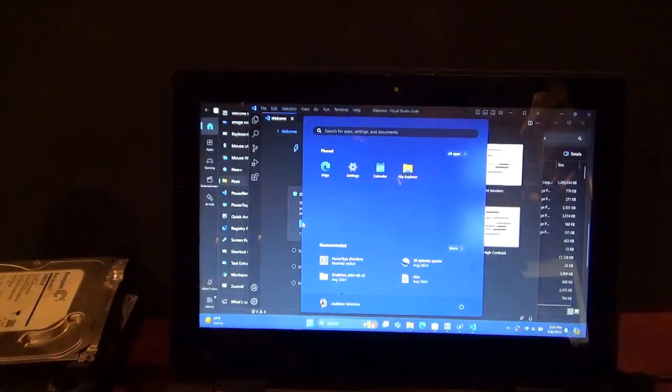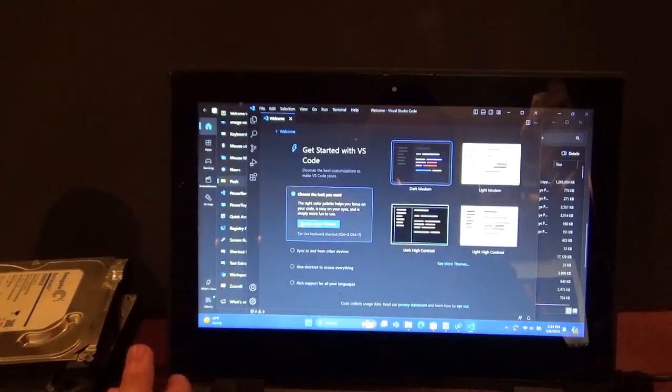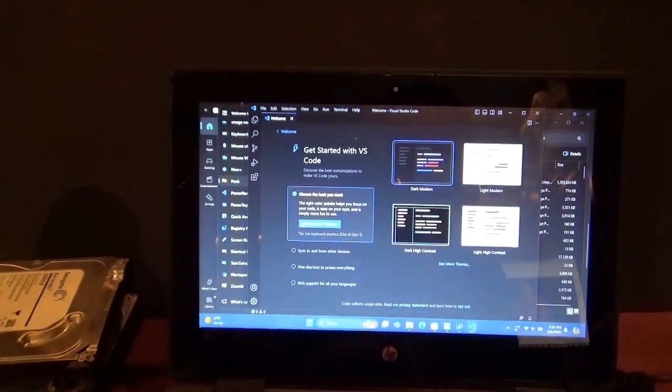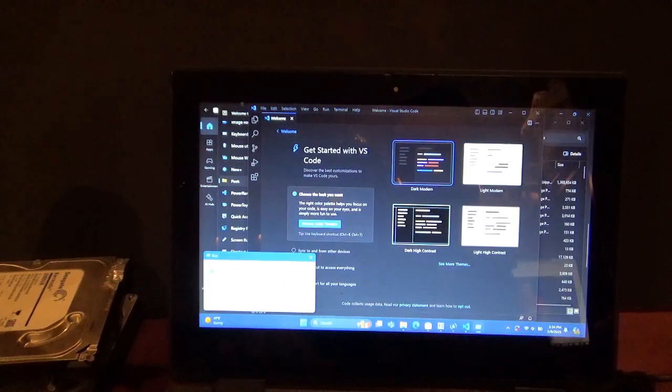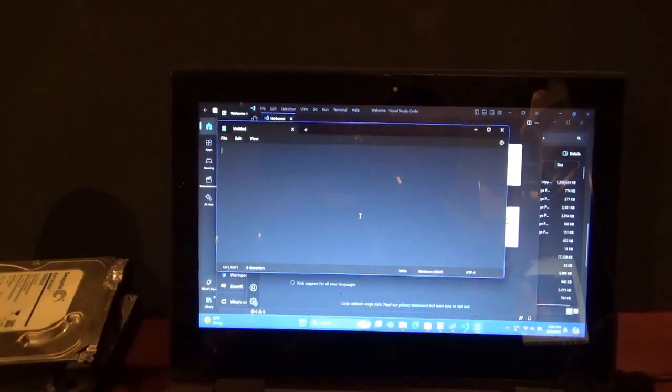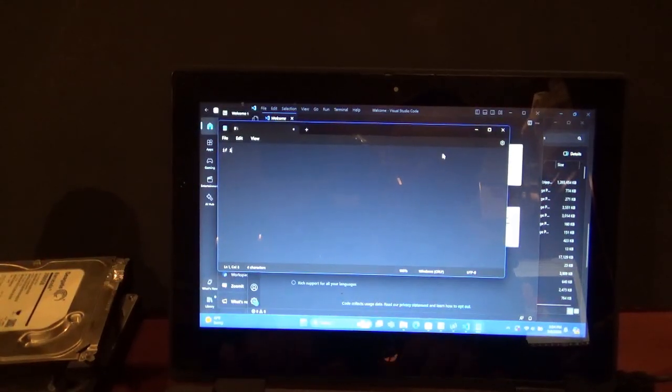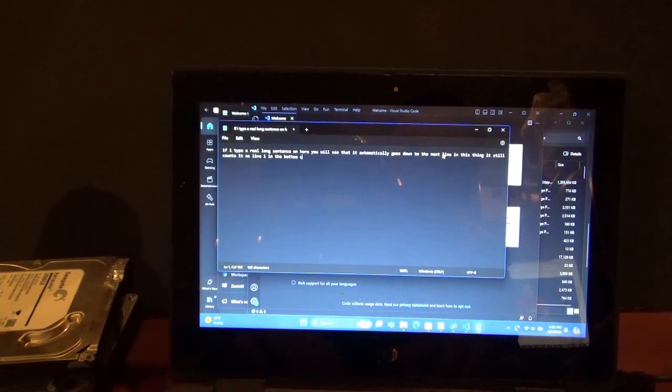Notepad now, if I were to run Notepad, it's changed, because back in the day, with old Notepad, it would scroll to the side, and so now if I run Notepad, it's been updated, like CMD, so it's got all these tabs and stuff. And so if I type a real long sentence on here, you will see that it automatically goes down to the next line. In this thing, it still counts it as line 1 in the bottom corner, but it is on the next line,